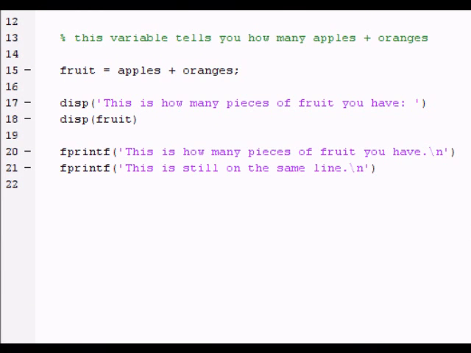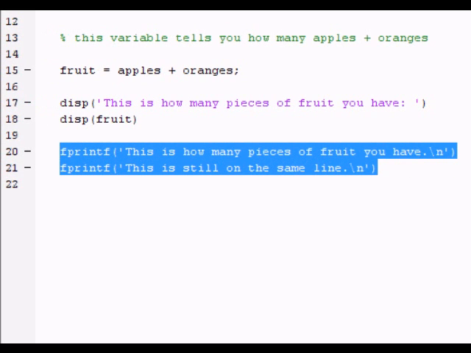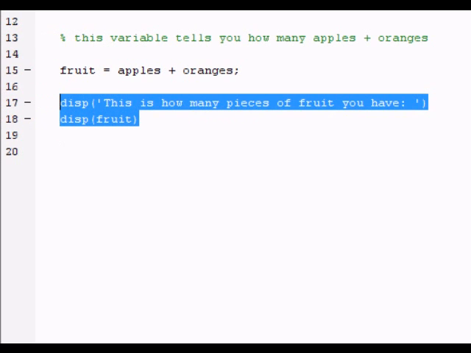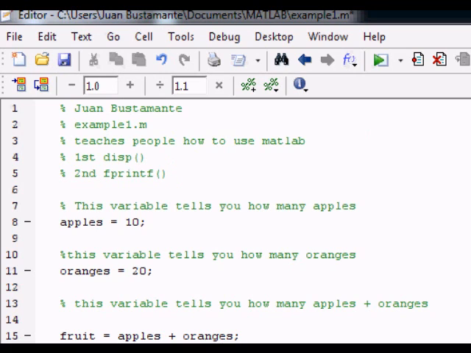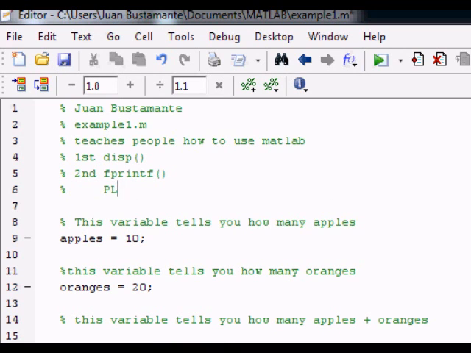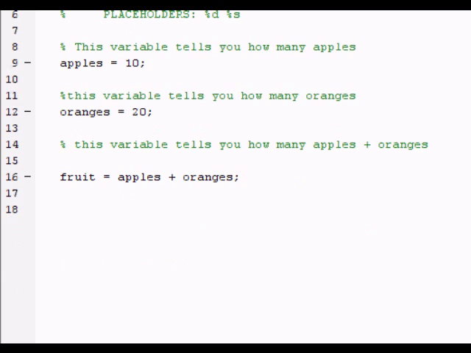Now if you want to display variables within this statement, let's say I want to write you have, and then the number of pieces of fruit. You can use placeholders, and so let me get rid of all the displays, and I'll put a comment here. Placeholders. They are %d for numbers, %s for strings. There's a bunch of other ones, but you can look them up on matlab.com. Just Google placeholders for fprintf, and they'll give you a whole list for the different placeholders you need to store different things. So I'll do fprintf,